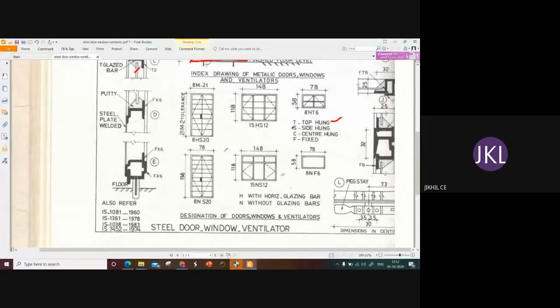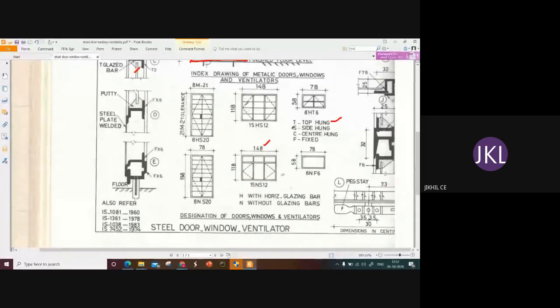So this is about the dimension or the size of the door, and we have the size given for the windows also. 118 is the total depth of the window, and 148 is the width of the window. It depends on the number of panels also. So we provided 3 panels here, approximately 1.5 meters, that means 148.